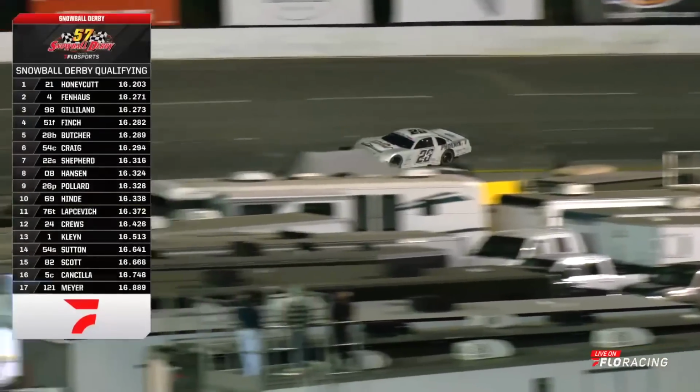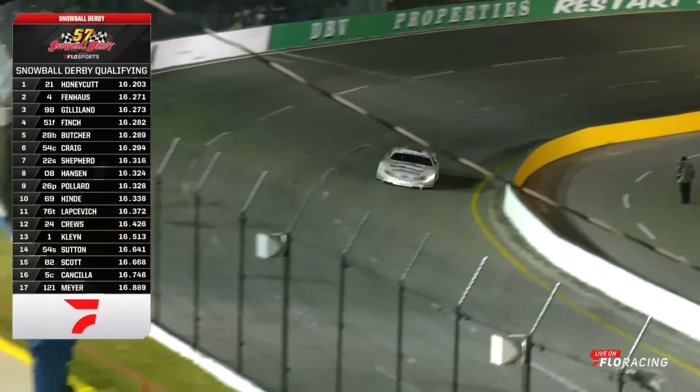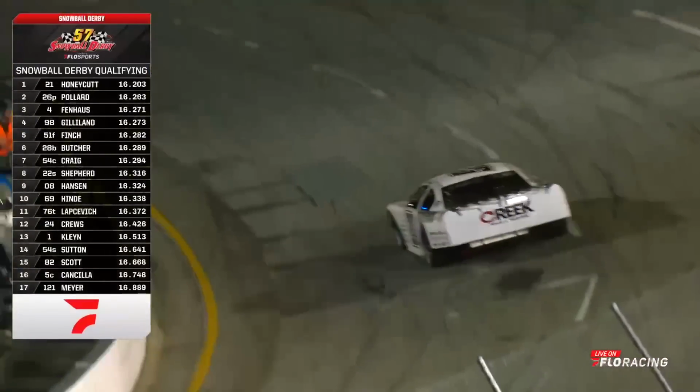He's about a 10th and a quarter off at a lap laid down by Honeycutt with a half a lap to go. Decent first lap. Needs a 2:02 to set fast time. It's a 2:03 right now. Pollard to the line, crosses the stripe. Second quick, just misses it at a